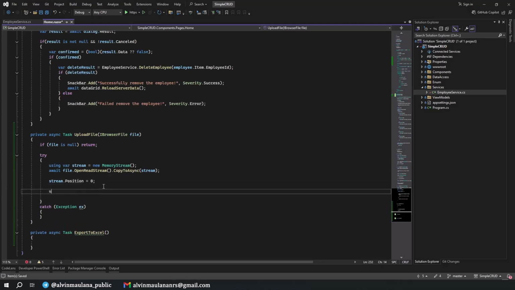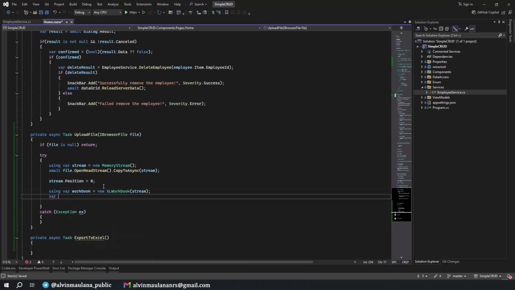What we do is we just use var workbook, a new XLWorkbook. Okay, need to add ClosedXML.Excel, and this one should be from stream. Then we get the first sheet only, workbook.Worksheets.First.